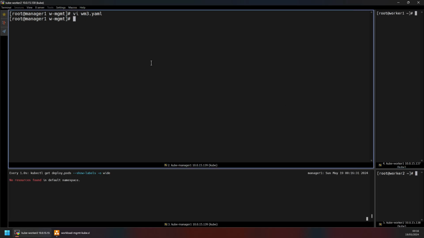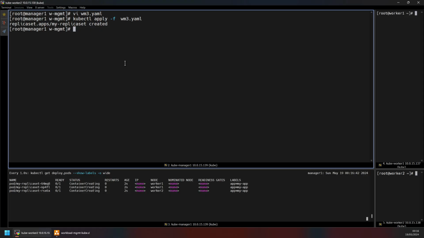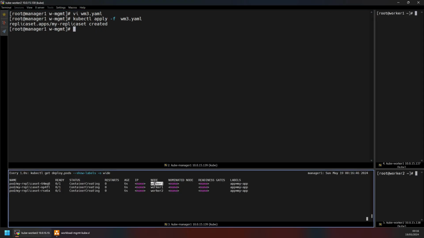So this time I think there should be no problem when you do a kubectl apply -f with the file name. It is expected to create 3 containers, and you can see that the 3 containers are distributed to worker 1 and worker 2. Now that you have successfully created using the resource limit and request,